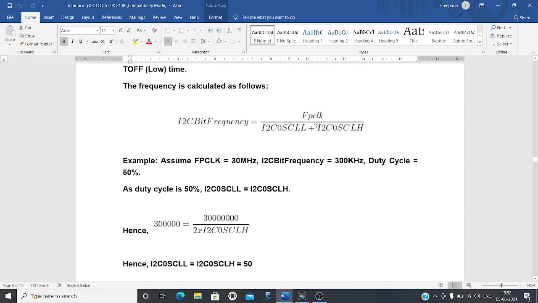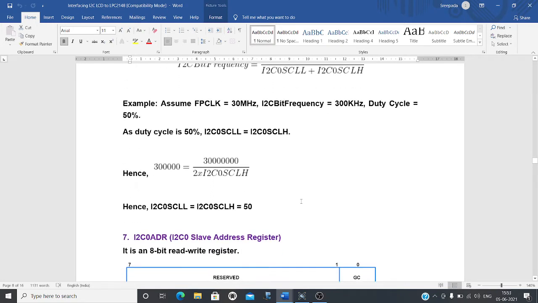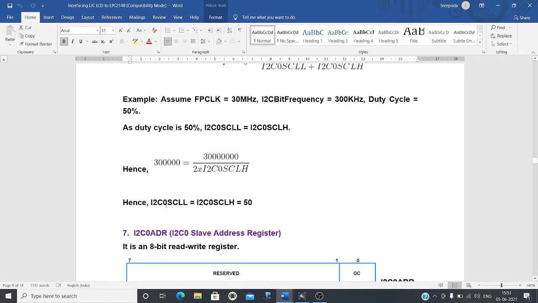How? 30 megahertz divided by SCL low plus SCL high, and the bit frequency 300 kilohertz. So 300 kilohertz is equal to 30 megahertz divided by this. If you convert this properly, you will have I2C0 SCLL equal to I2C0 SCLH equal to 50.